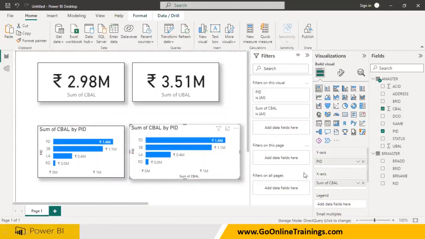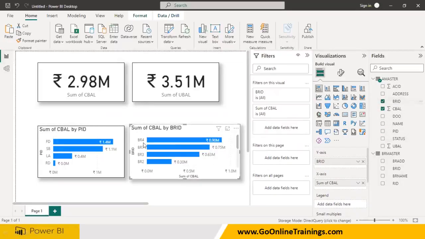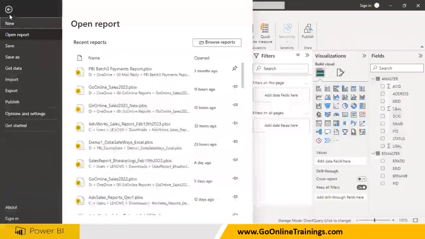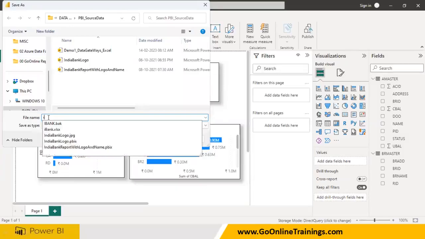I wanted to use a second one where I want the branch ID. So branch wise, branch BR1, BR2, BR3, based on that I have some data. Clear? I have some data. So everything is fine. Now I'm going to be saving this. Now this is an iBank